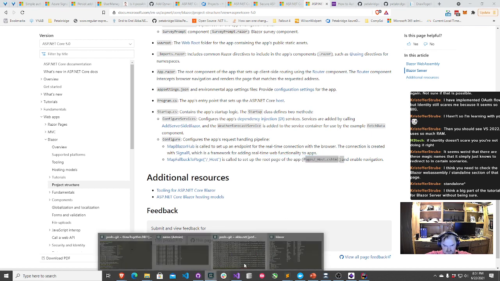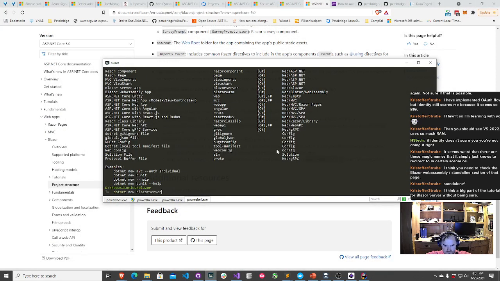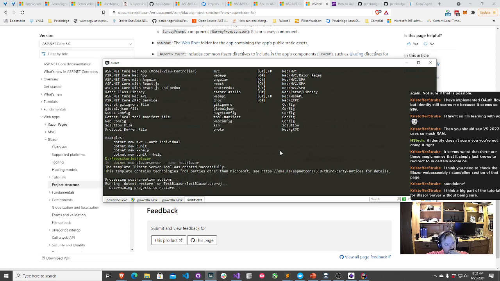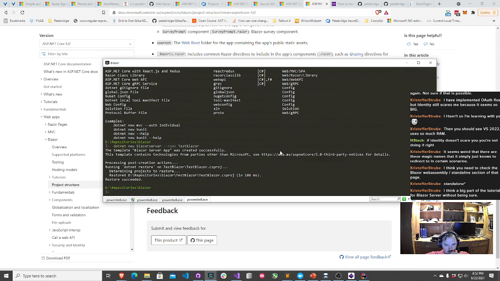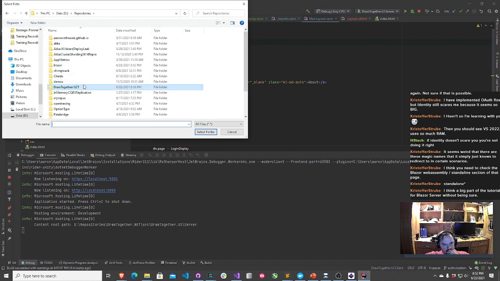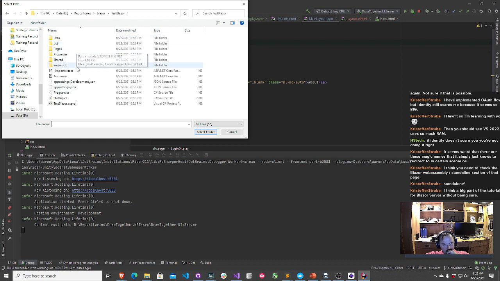Pages, host.cshtml. Okay. Blazor server. Go ahead and do name, test Blazor. Okay. Let's go ahead and try opening that up. Yeah, go ahead and do open Blazor.